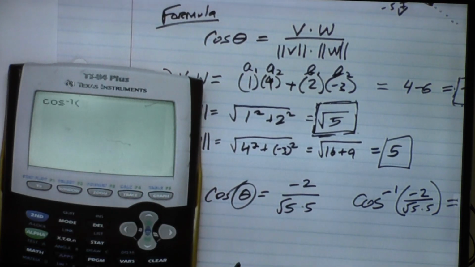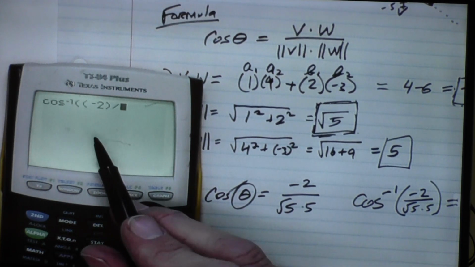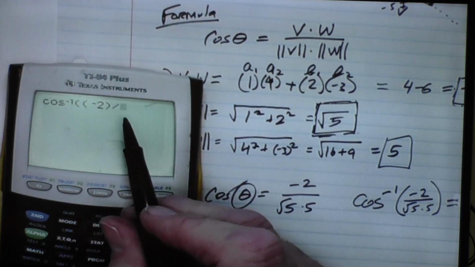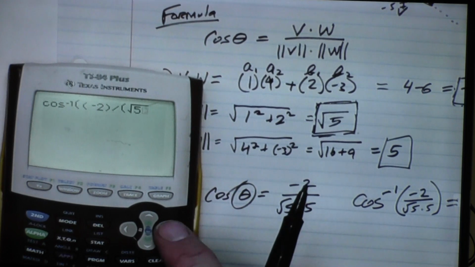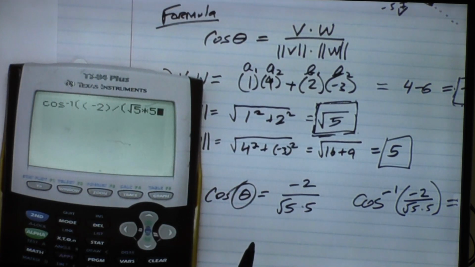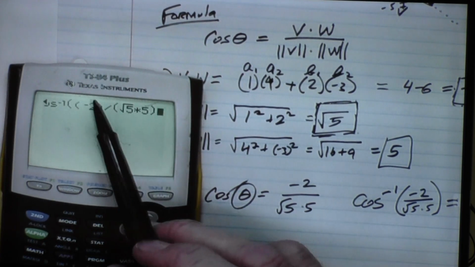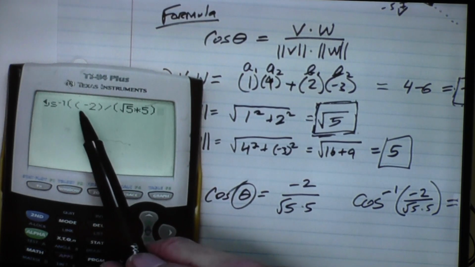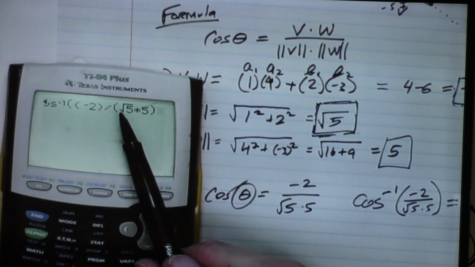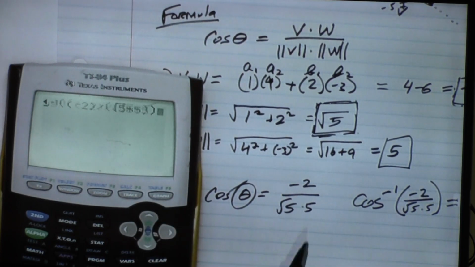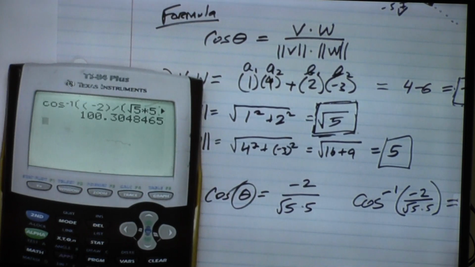Now I'm going to do cosine minus 1 of the, now here I have to be careful, I'm going to put parentheses, negative 2, and divide that. I may not need it with the other parentheses, so I'm being real careful here. And I'm going to do parentheses, square root of 5 times 5. So I'm telling it negative 2 on top of, and in parentheses at the bottom, square root of 5 times 5. So I get 100.304